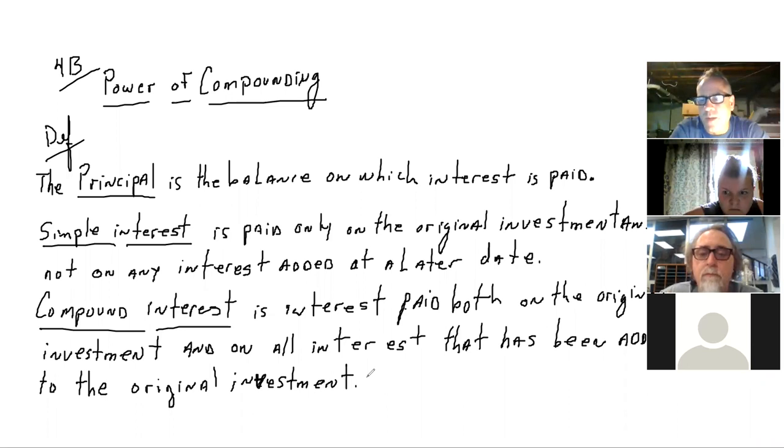Then the way it would work is simply you would earn $100 in that first year, but the second year it's now going to be 10% of $1,100. So that's what compounding means. All right. So just kind of getting those terms out of the way,